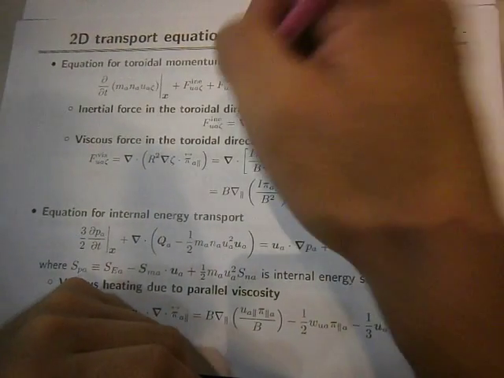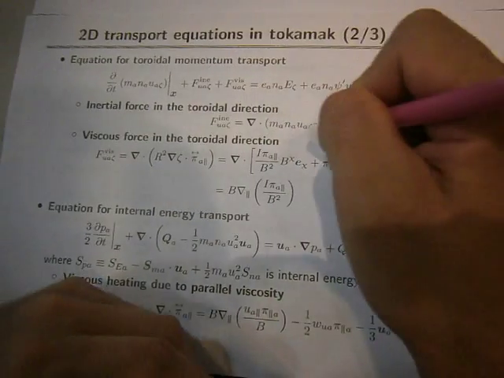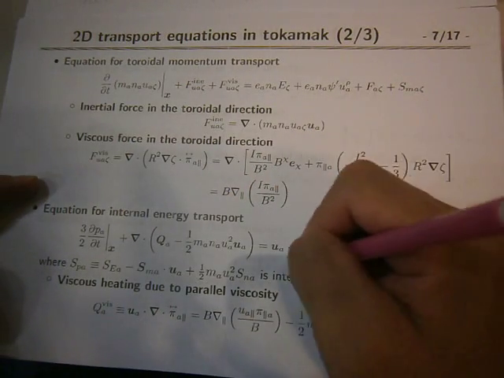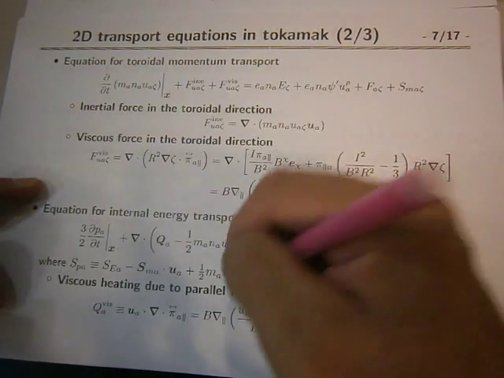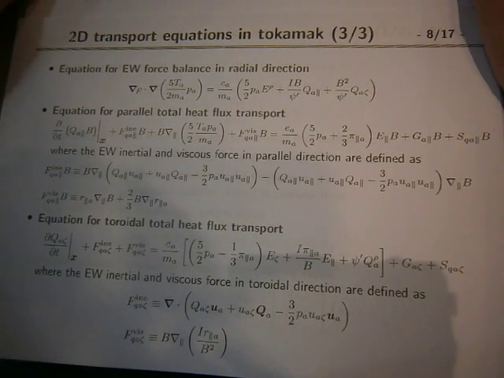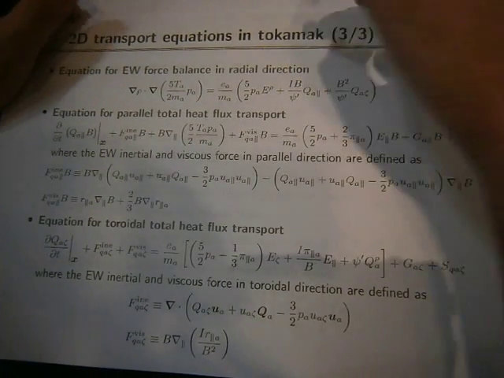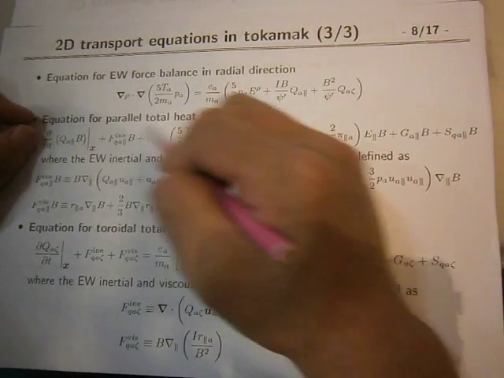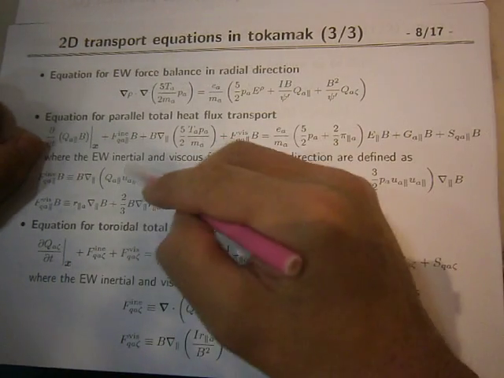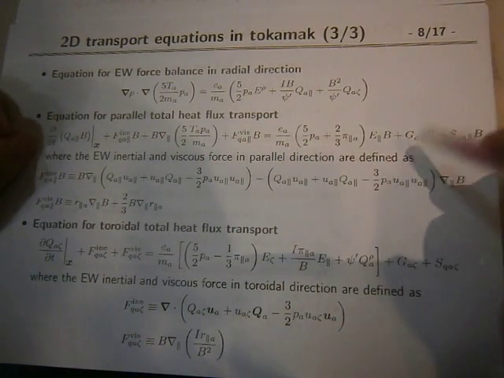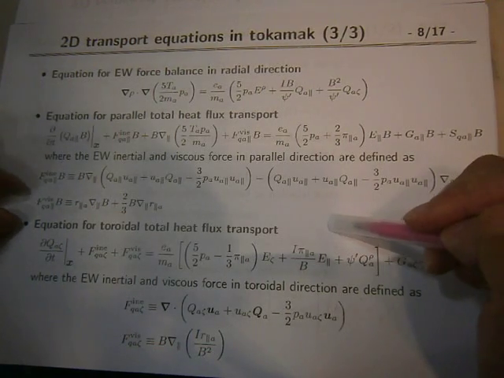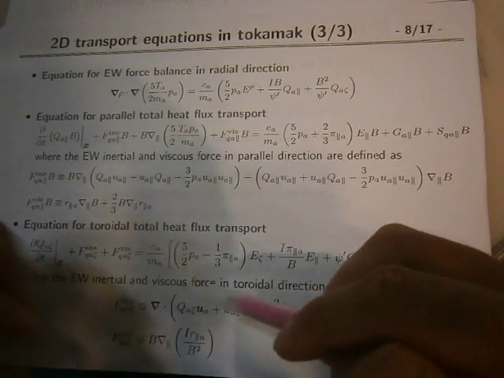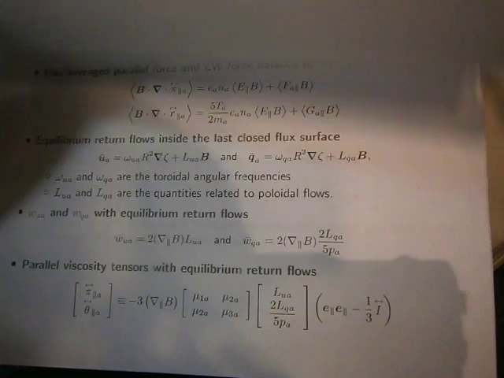In the toroidal direction, equation for the toroidal direction, equation of internal energy transport, where internal energy, and pressure heating due to parallel viscosity. 2D transport equation in tokamak. Equation for the force balance in the radial direction, or equation for the parallel total flux potential with the force balance for the parallel direction, as an equation for the total heat transport, where the inertial force toward the direction is defined as